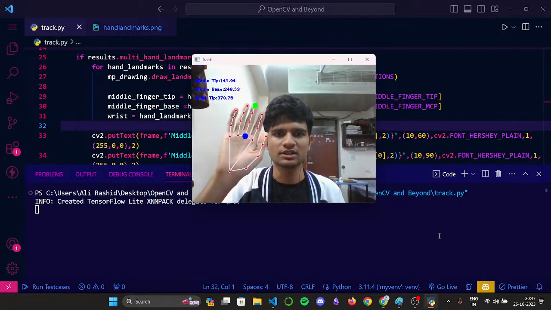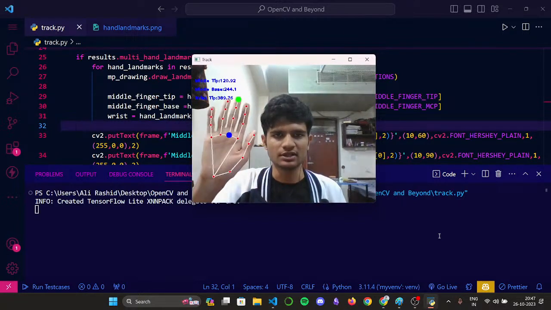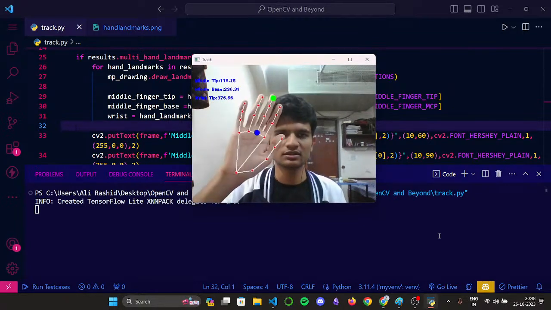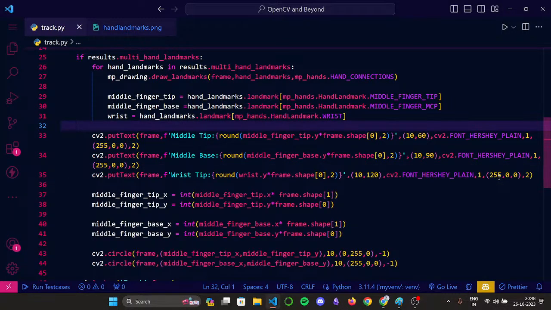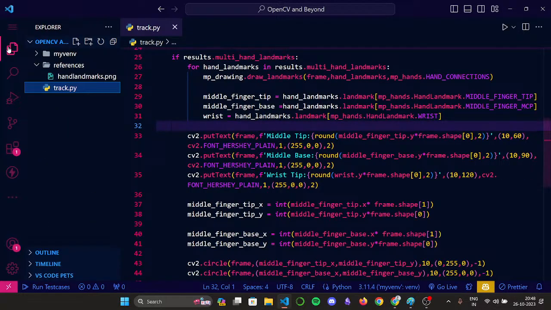Okay, so as you can see, the middle fingertip and the base are being visualized, and we're getting the x and y coordinates of it. Right now we haven't visualized the landmark for our wrist. We'll do that later on in the project. Now moving on, in order to test our project, we'll make a simple 2D game using